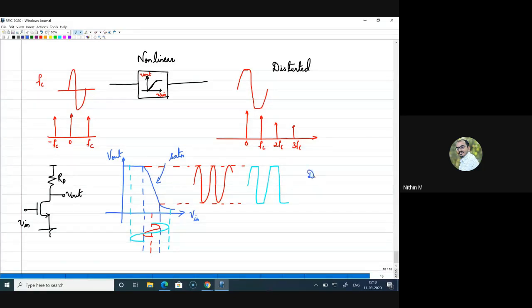Right now, if the shape is not preserved, we call this distortion, and this is distortion in the CS amplifier. Right. So similarly, even if you work with the differential amplifier, and if you look at the transfer characteristic, there also you can see a linear segment. And if you are providing an input signal which is large, a larger signal, it will definitely move out of the linear segment. That will result in non-linearity.